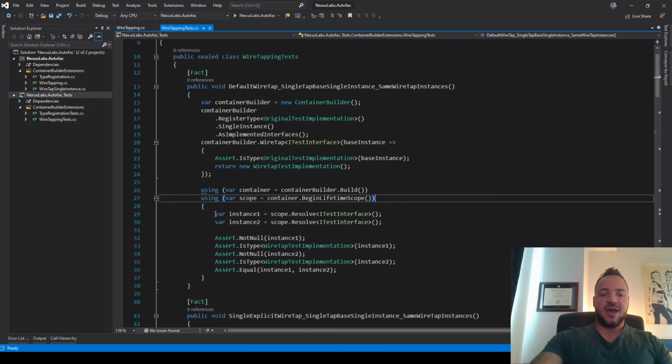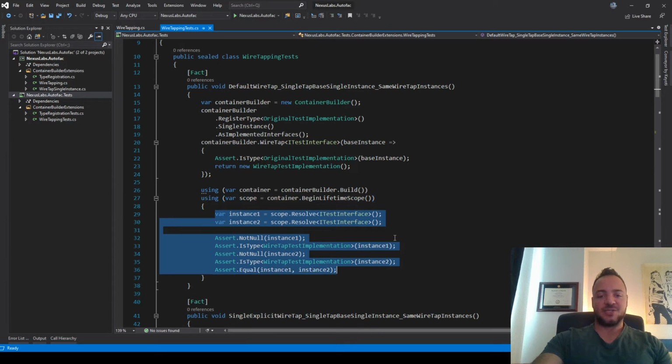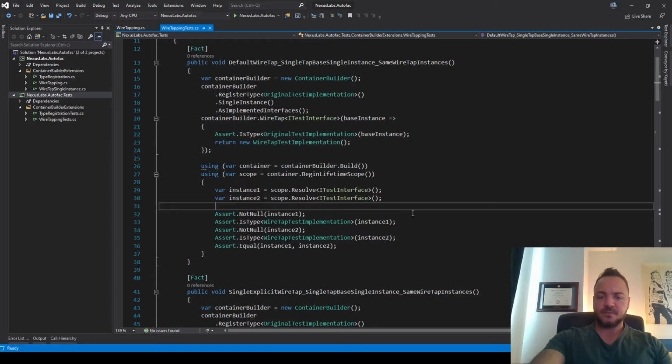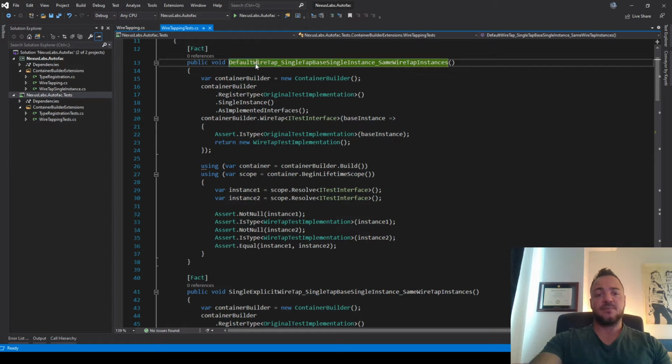So the bulk of the test and the assertion is in here. In this particular test, I've named it in a way that suggests the method that's being tested. So it's just wiretap, and I've called it default wiretap.